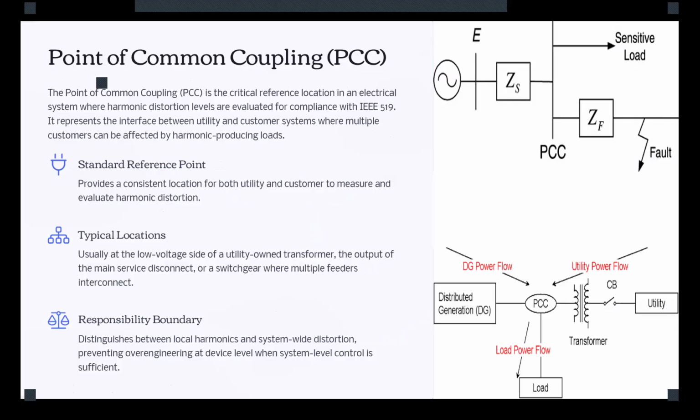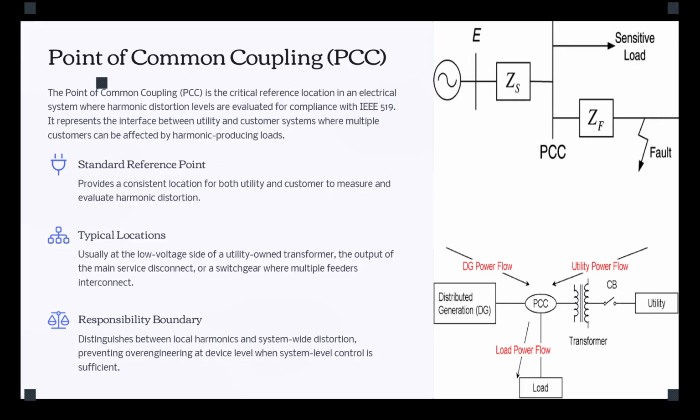Now, we mentioned that we measure the harmonic distortion at the point of common coupling, or what we call PCC. That point of common coupling, the PCC, is a key location in a power system. So we assess or measure the harmonic distortion at that point. And as we said, it is the point where facilities in an electrical system connect to the utility grid or other customers. You can see the schematic of an example